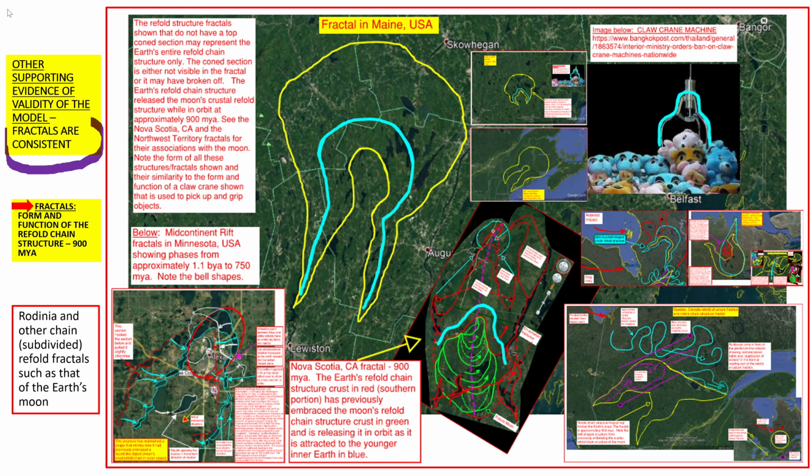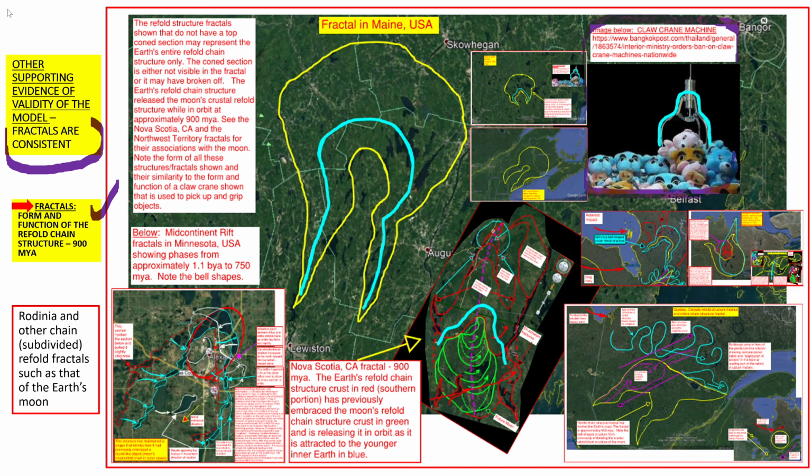Fractals are consistent is what we're talking about again on this slide. I've shown this before, but this is showing the form and function of these refold structures, sort of mimicking what I show on the upper right that I'm circling now, this claw crane machine. And the function of this machine, besides taking your money at amusement parks, is to grasp and pick up these stuffed animals. So it achieves that function by having a bell-shaped character to it, and you can see that